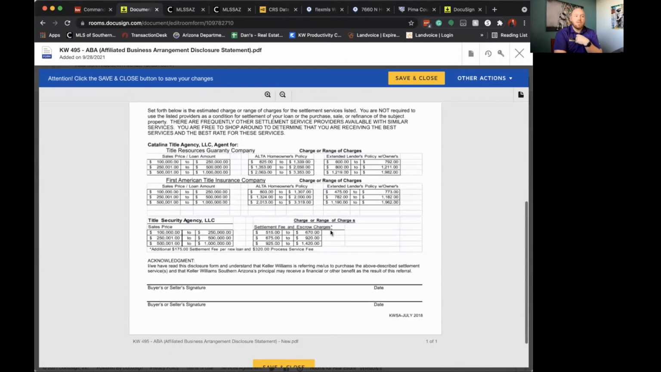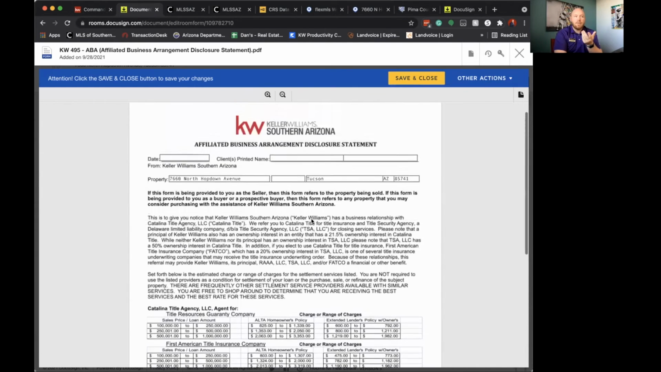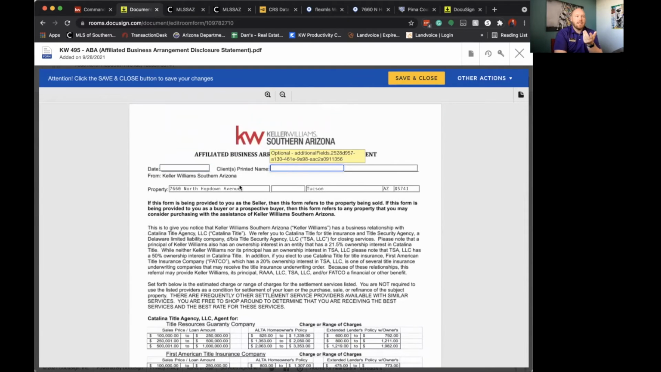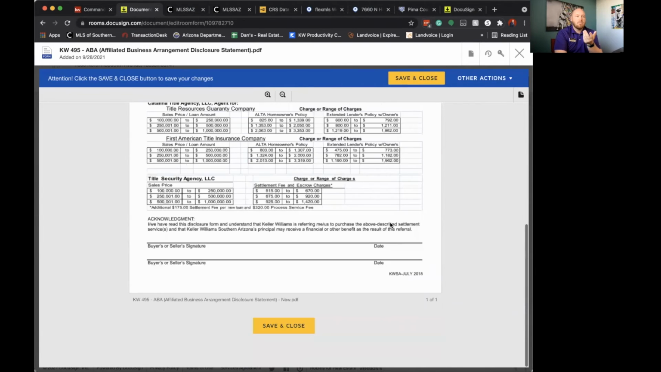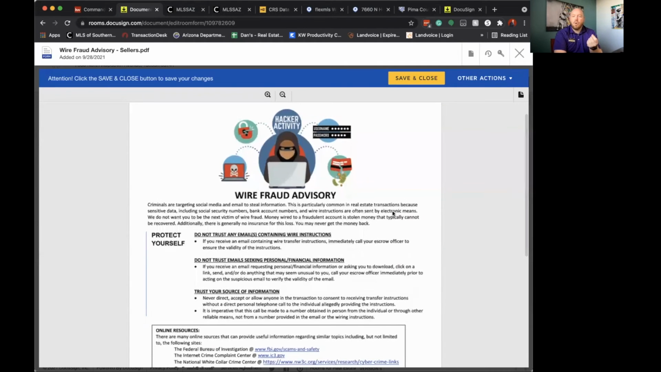Because doing business with this company may yield a higher profit for Keller Williams Southern Arizona as an organization versus using a different title company. So you're going to need to put today's date, your client's name, and the property address. Save and close. Next, we have the wire fraud advisory, which is super important to go over with your clients